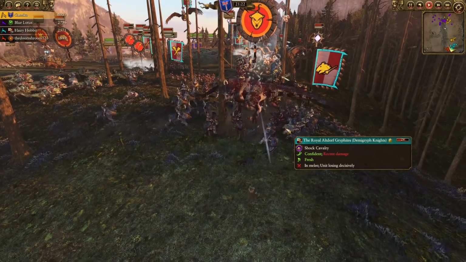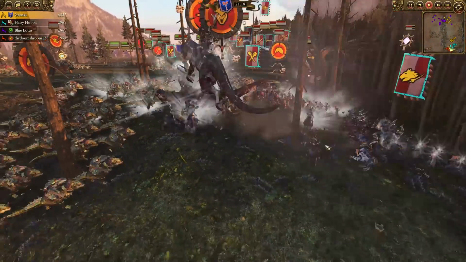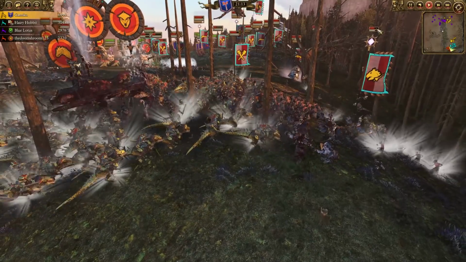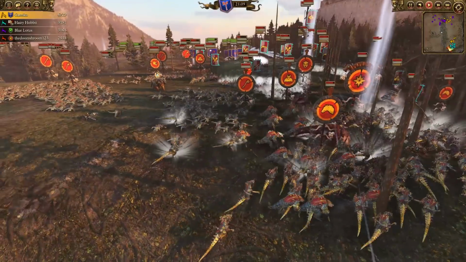They have a unit of Demigriffs with halberds ready to answer this, but the Horn ones are going to come in and help them out. And I'm not sure if there's going to be enough Demigriffs here. You already see how much damage they're taking from this Horn 1 cavalry. I don't think they're going to have enough damage, especially as the rest of the Lizardman army